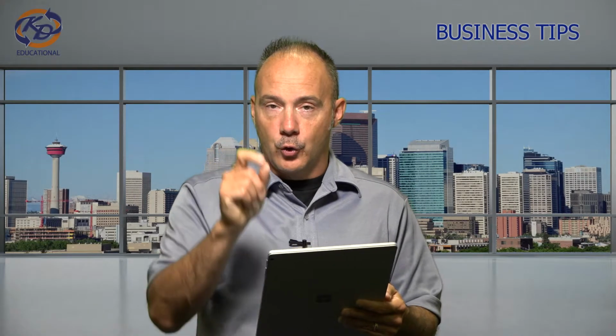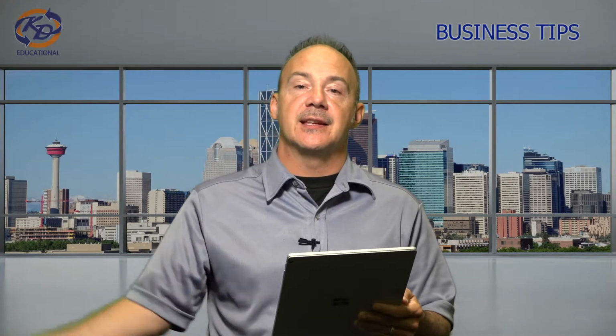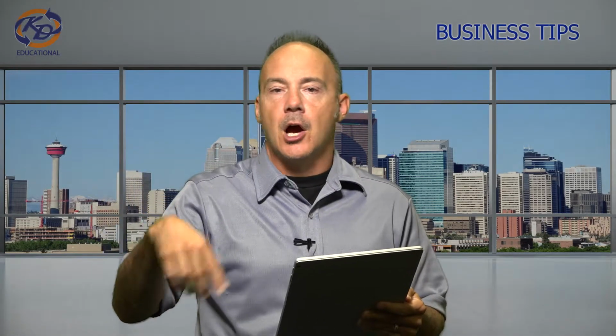Now, farmers, fishers, and self-employed commission agents can use the cash method or accrual method. What's the difference? Cash method says, hey, I'm depositing money in my bank now. That's what my cash method is. That's when I claim the income, when the money goes in the bank. Accrual says, oh, I sent an invoice out, and I'm claiming the income when I sent that invoice out, even though I might not get paid for 60 days. Okay? You can use cash or accrual when it comes to a sole proprietor and when it comes to also